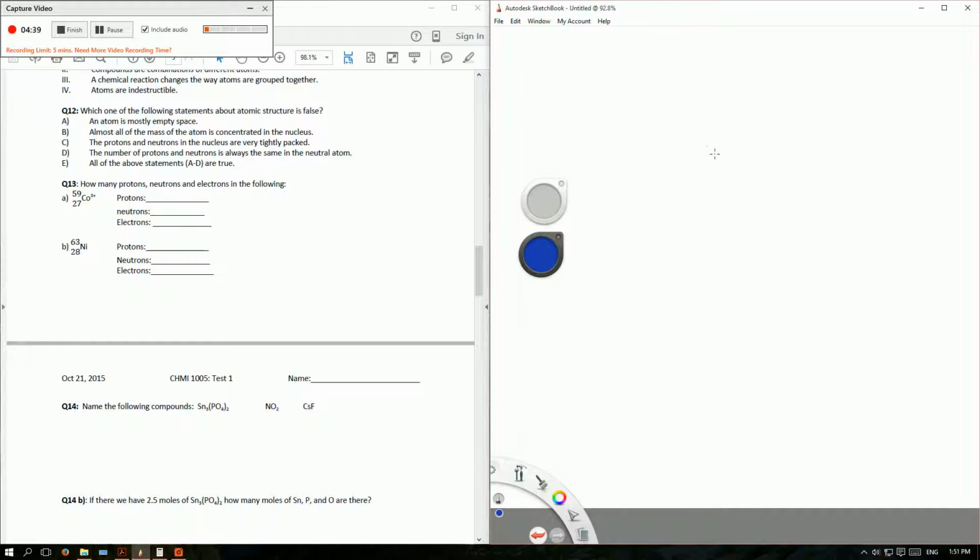And remember, it's like saying golf ball. The size of an atom is like a golf ball, and this is like a stadium. So a golf ball within a stadium kind of represents how big